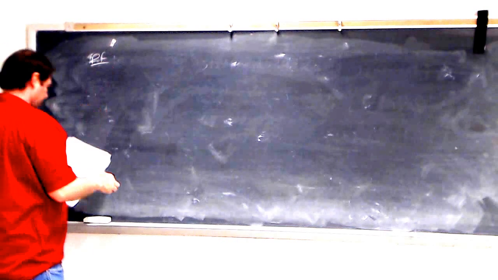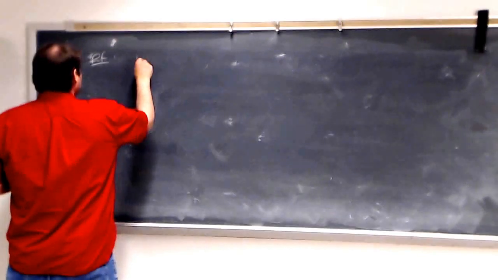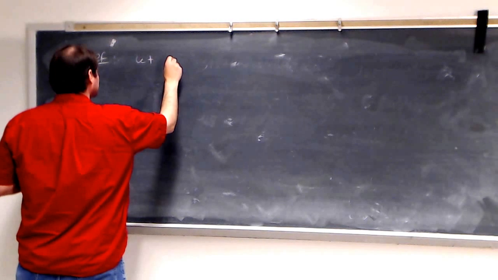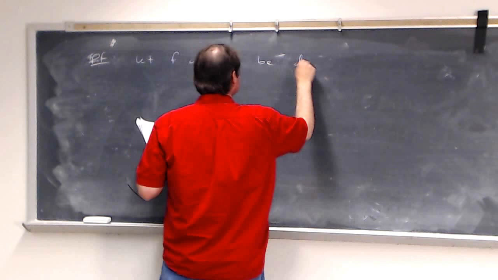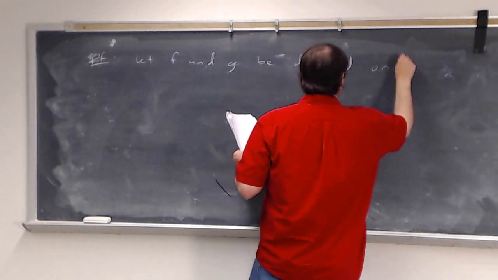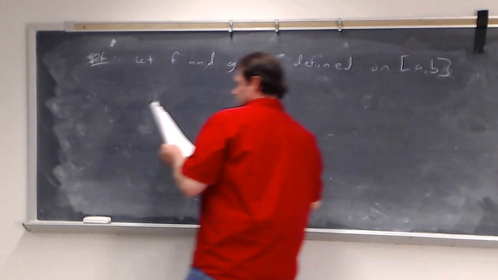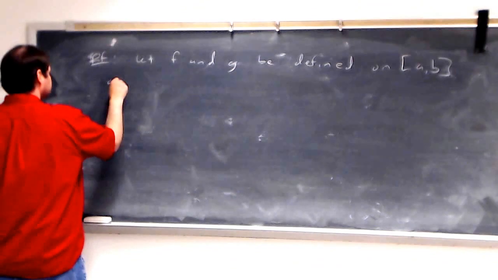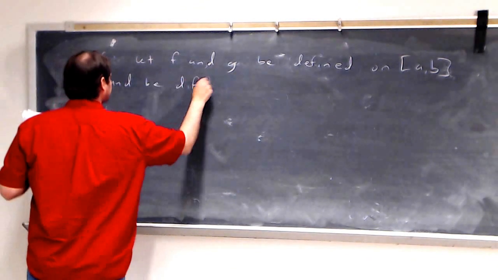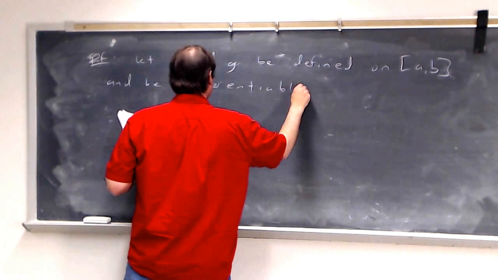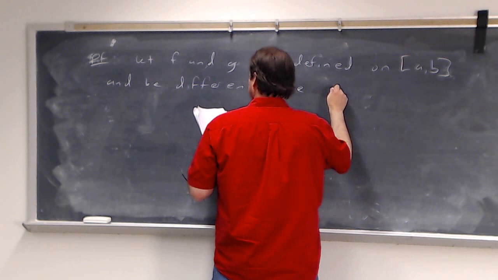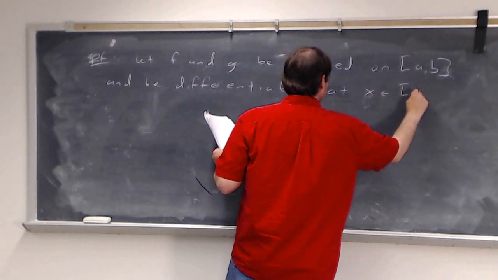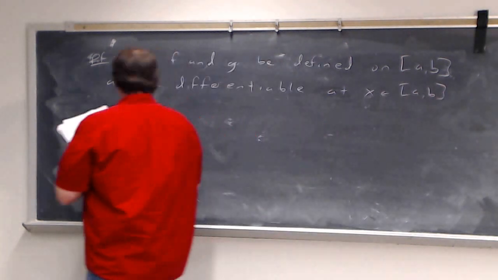We'd like to look at the proofs of these statements. Proof. Let f and g be defined on (a, b) and be differentiable at x, being an element of (a, b). Okay. For part A,